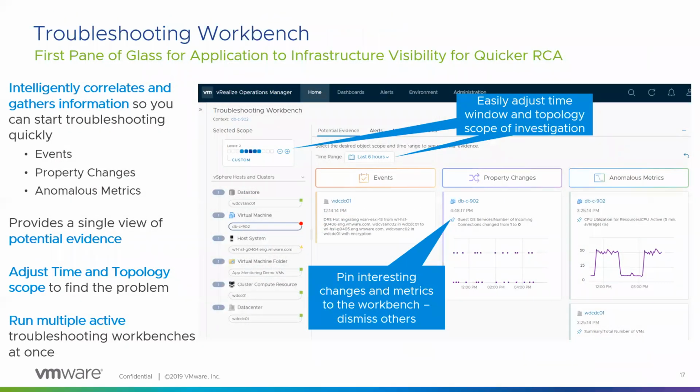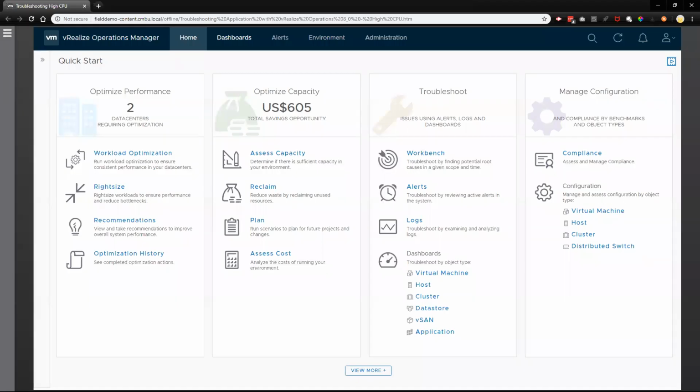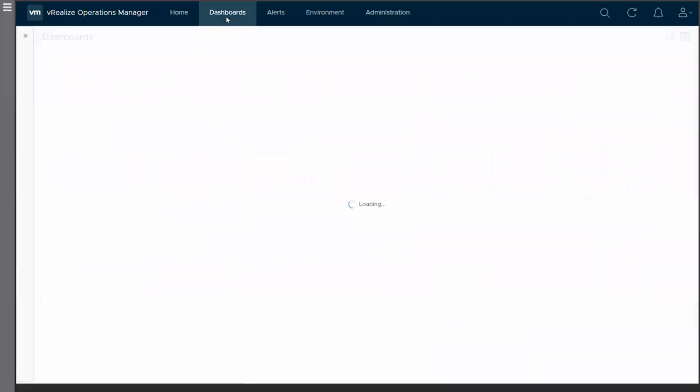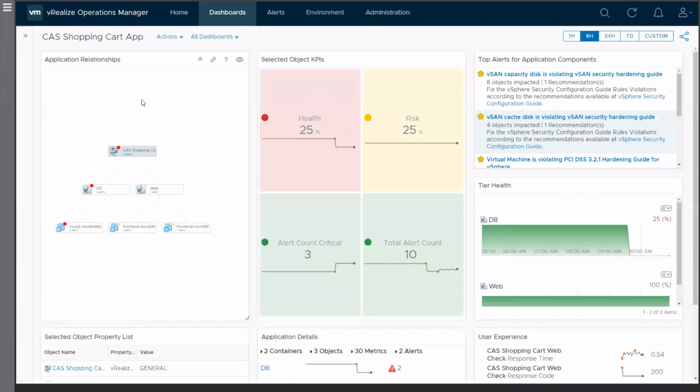So rather than drill into this, let me flip over to demo mode, because I think the demo would be a better place to start, and it gives you a better understanding of what the Troubleshooting Workbench can do, and then we'll see if we have any questions based on that. But from a troubleshooting standpoint, I talked about AppAware